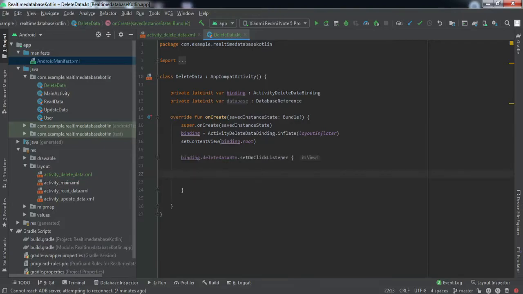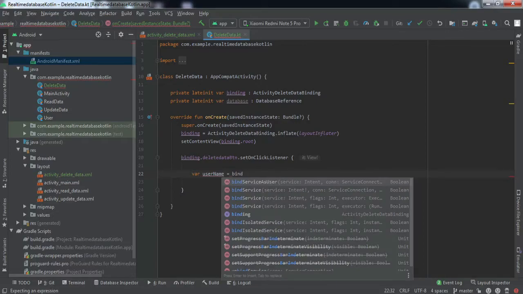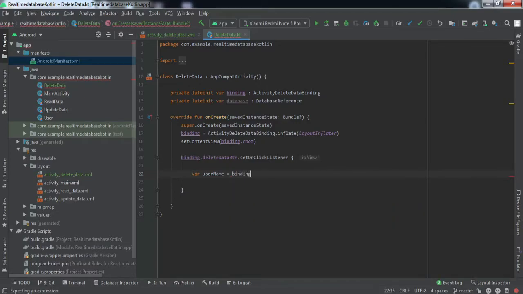Here we'll capture the username entered by the user into this variable called username. So binding dot username dot text dot toString, right? So we got the username.